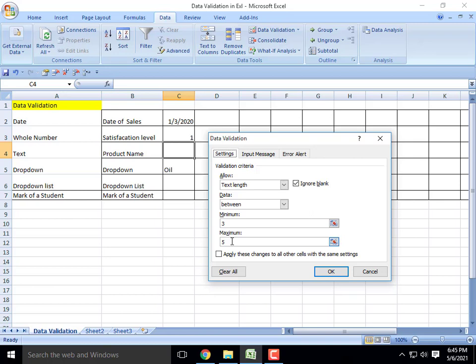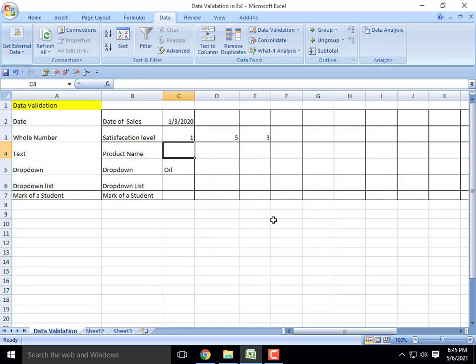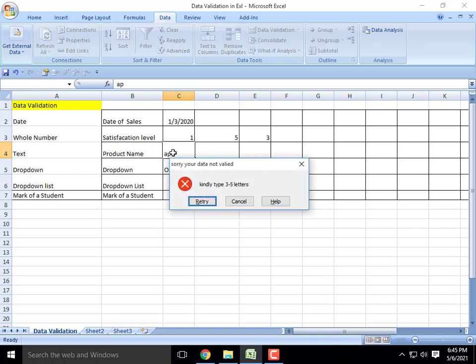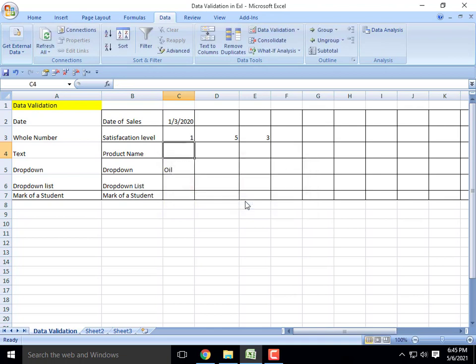If you type text with fewer than 3 letters, for example AP, it won't accept. So minimum 3 letters, maximum 5 letters. Likewise we can fix the limits here.